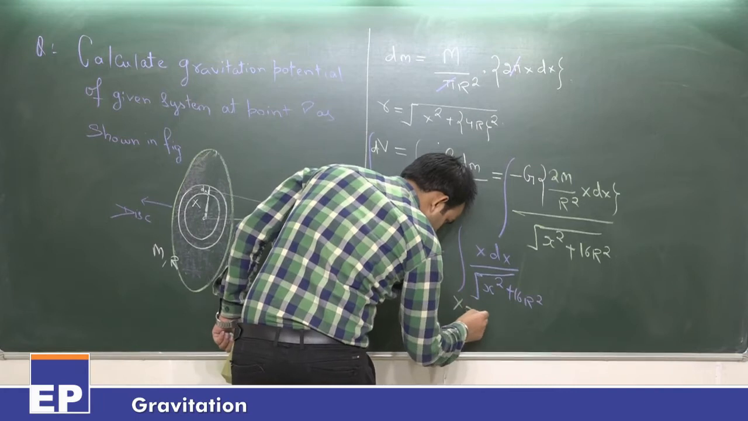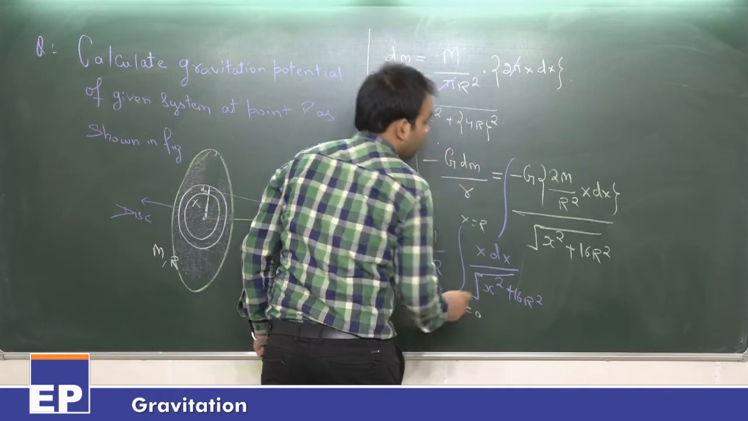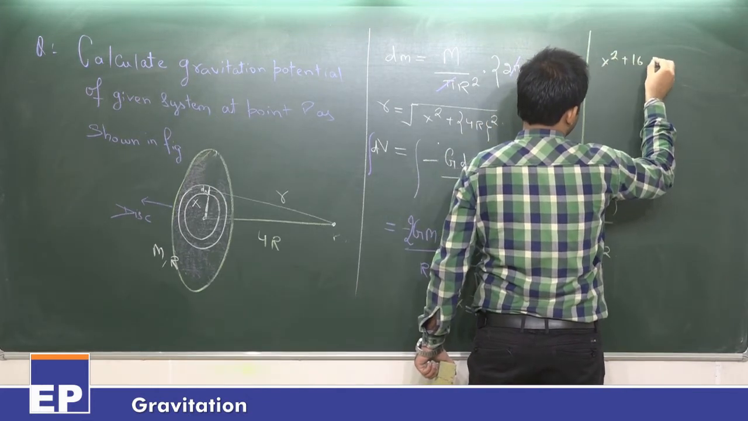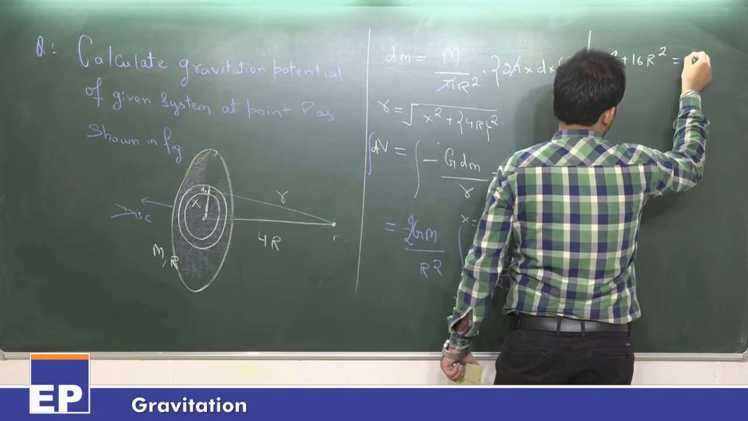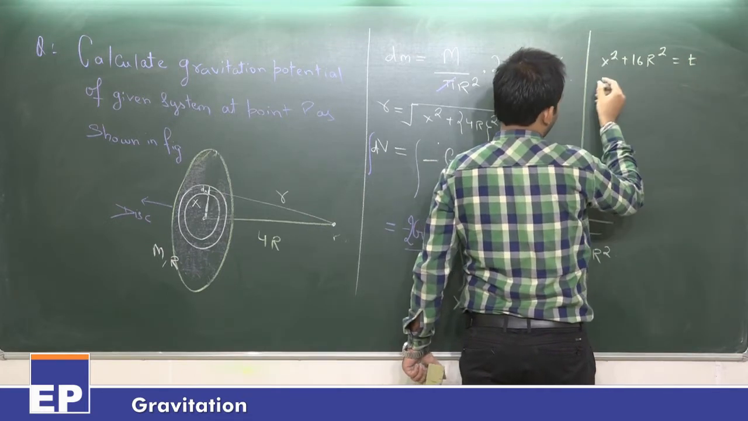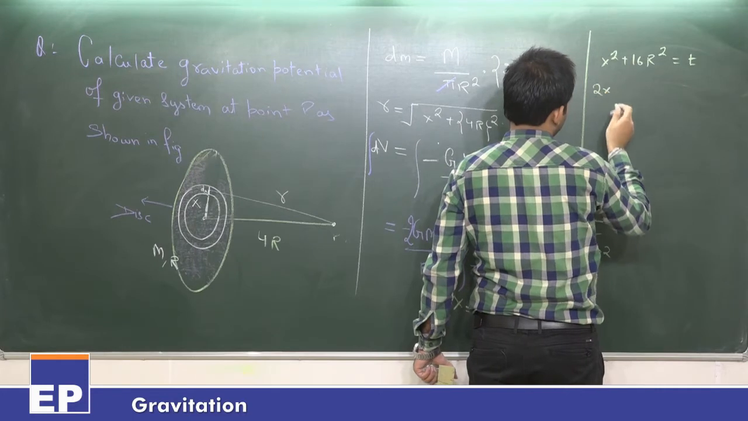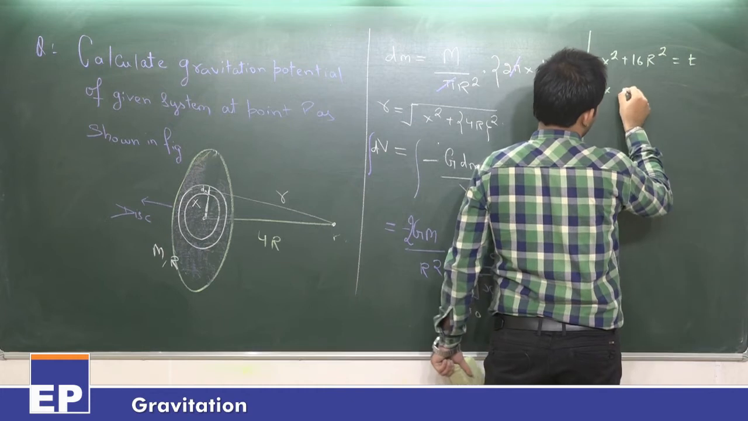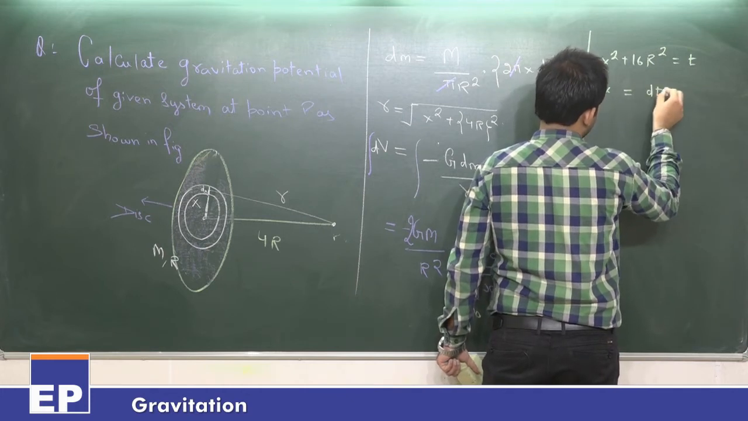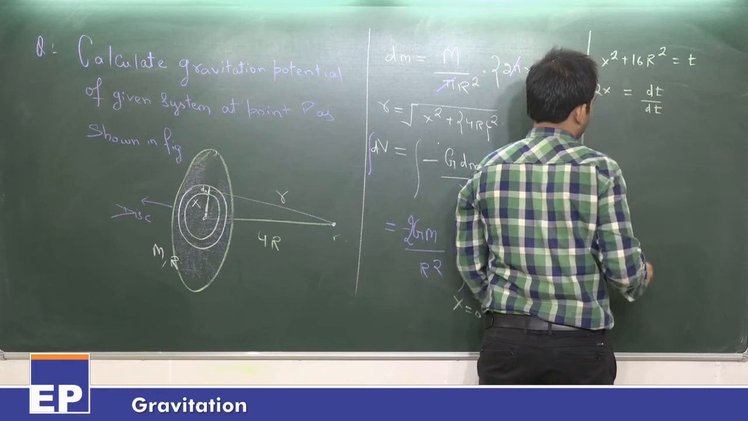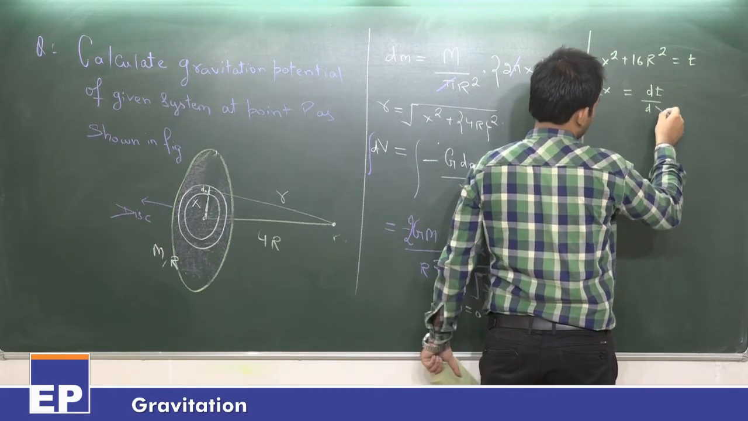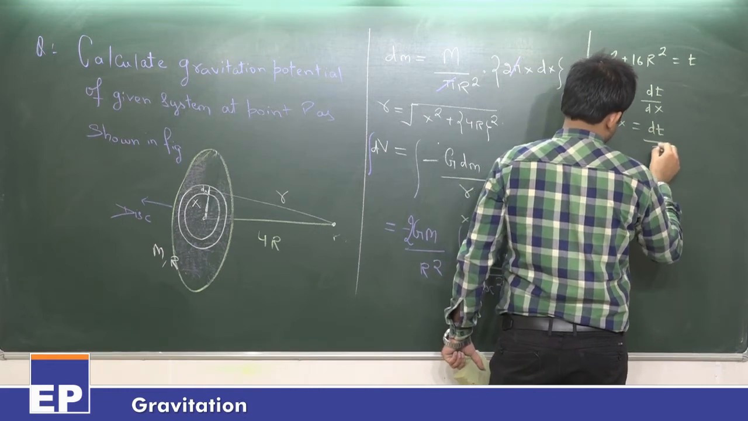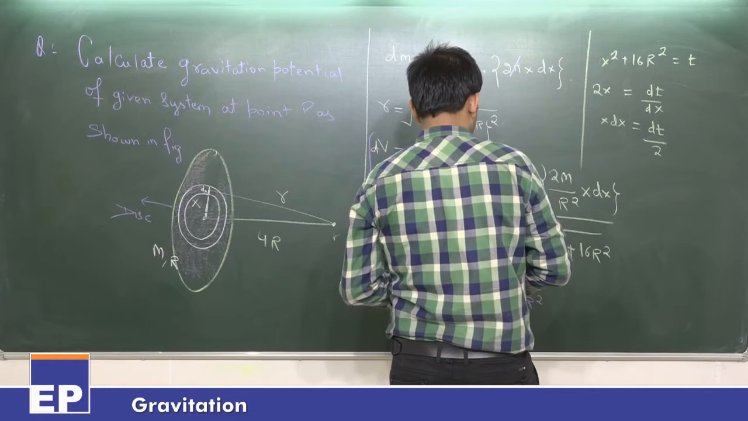X is varying from 0 to capital R. If we consider x square plus 16r square as t, then differentiating with respect to x gives 2x, since the other term is constant, so dt by dx is 2x. So x dx is written as dt by 2. So the integration will convert into